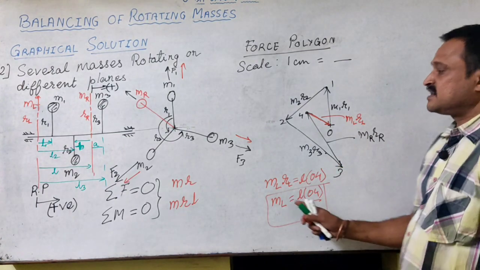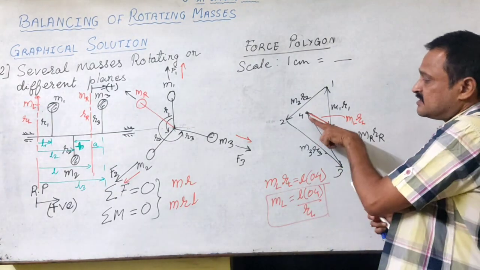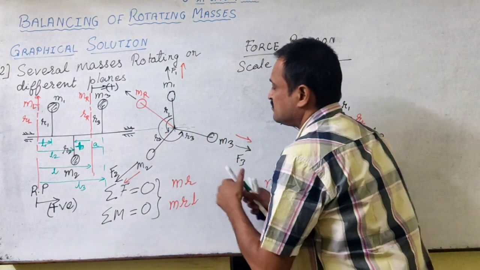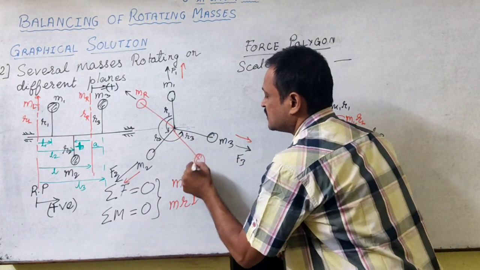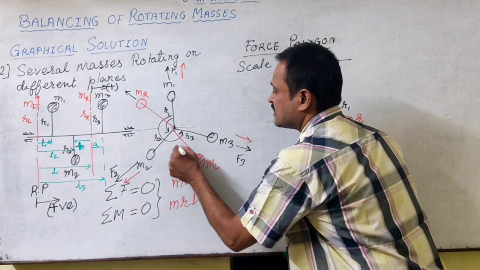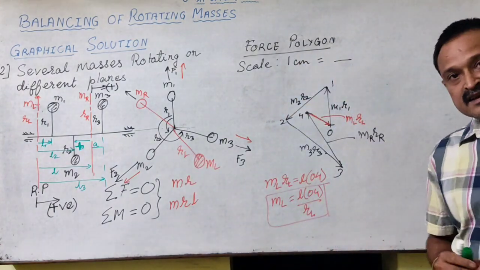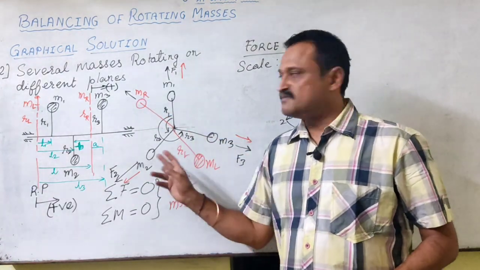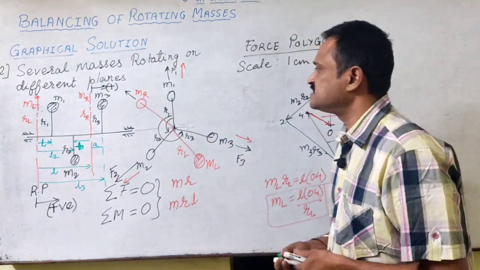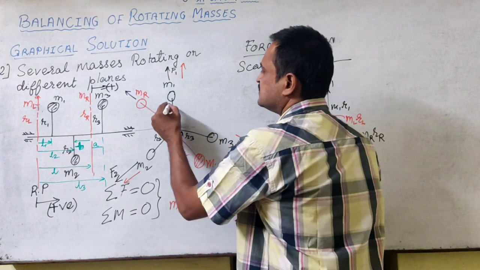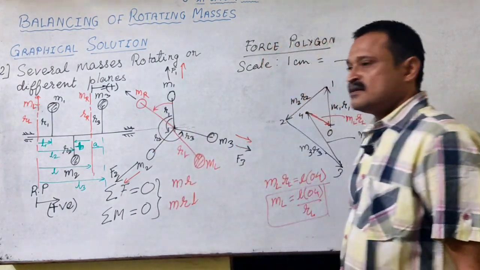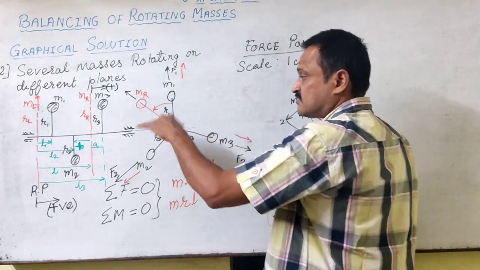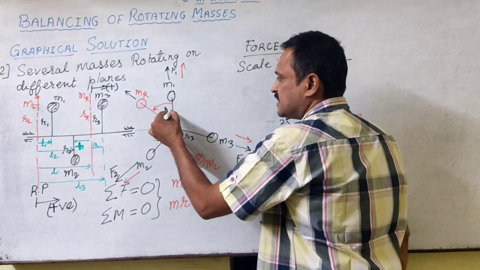So again we can determine ML, and the direction of this ML is parallel to this. So maybe in this direction we get the mass ML at the radius RL. Thus we have both these balancing masses with their phases. Now if I take the reference as M1, then this is the phase angle of the right plane mass which is to be placed on this plane, and this is